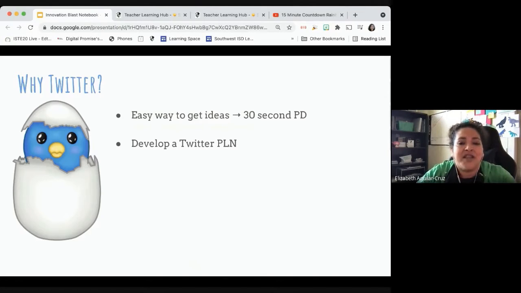I mentioned earlier, you can develop a Twitter PLN, so your professional learning network. So all the people that you choose to follow and that choose to follow you, you start to develop connections and you start to really learn from other people. So it's just a great place and platform to do that. As you are sharing things in Twitter, it's also your portfolio of what's happening in your classroom, what's happening on your campus, all of your highlights. Those of you that are coaches, your coaching highlights can be in here. And it's a quick way for you to go in and look back on the year, or to say, oh, you know what? I remember I did something with that. And you can pull it up from Twitter.